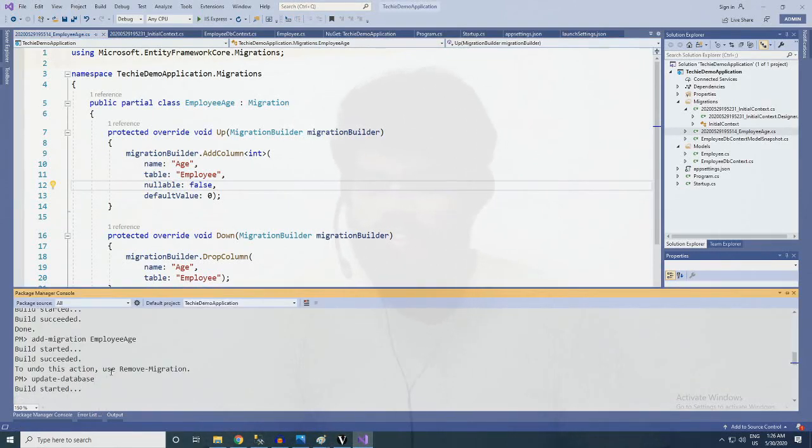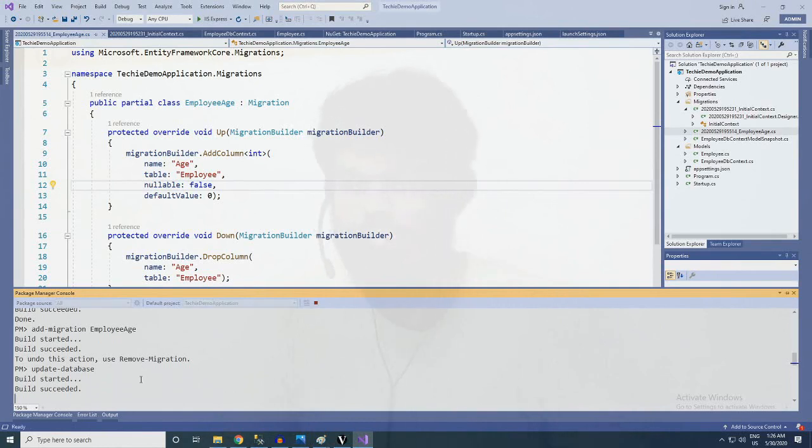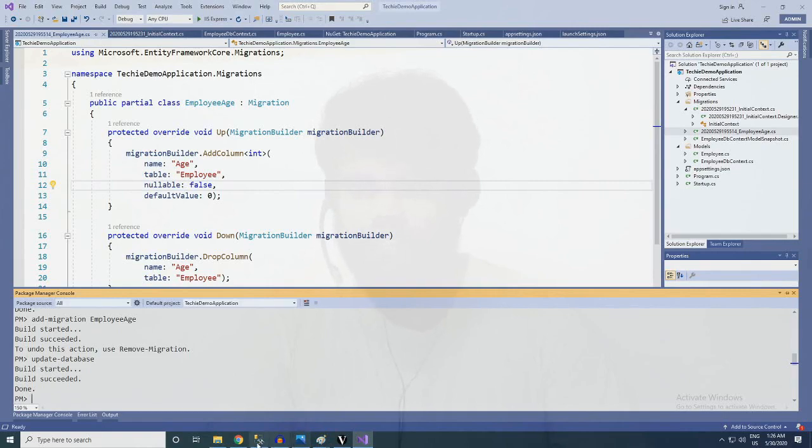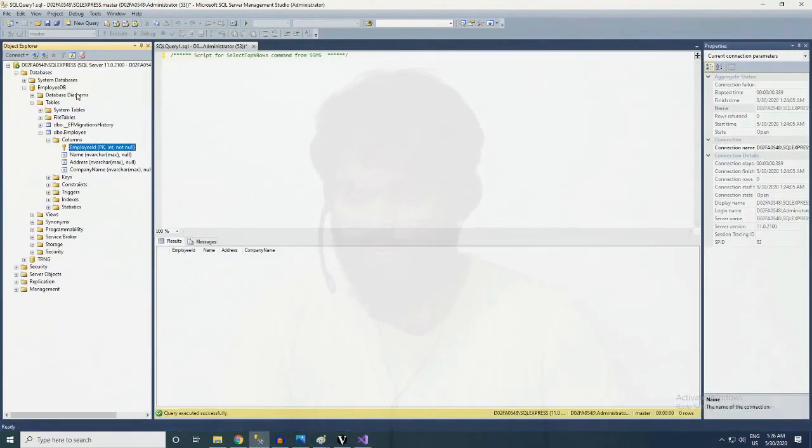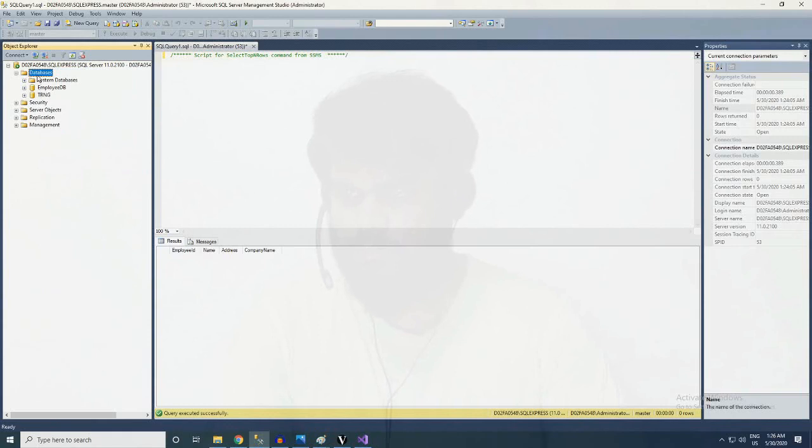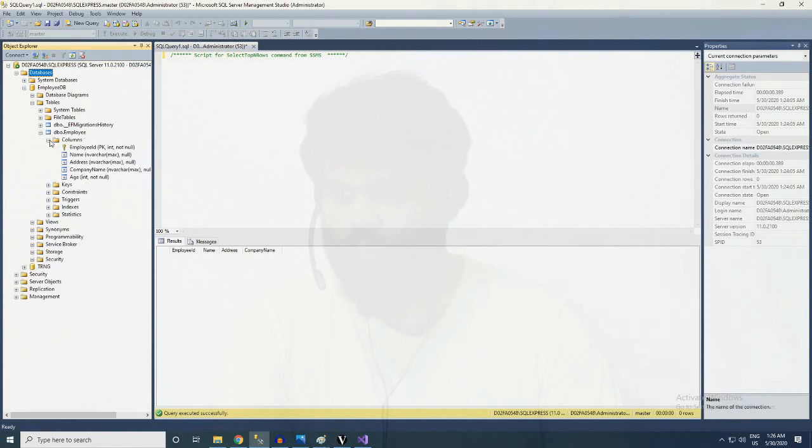This will just build your application. The build is done. Let us check. Now employee DB, tables, and employee columns.